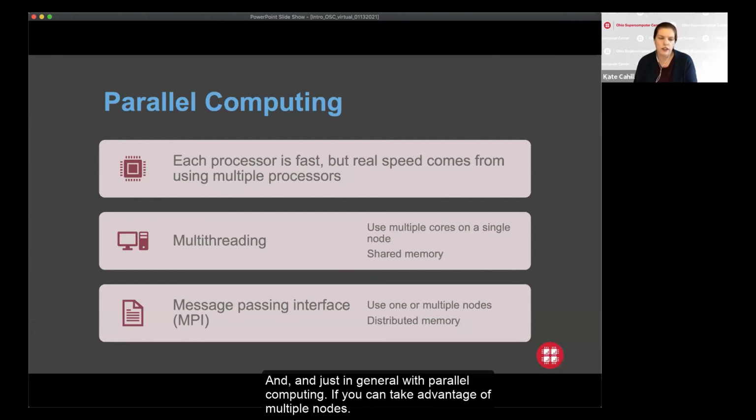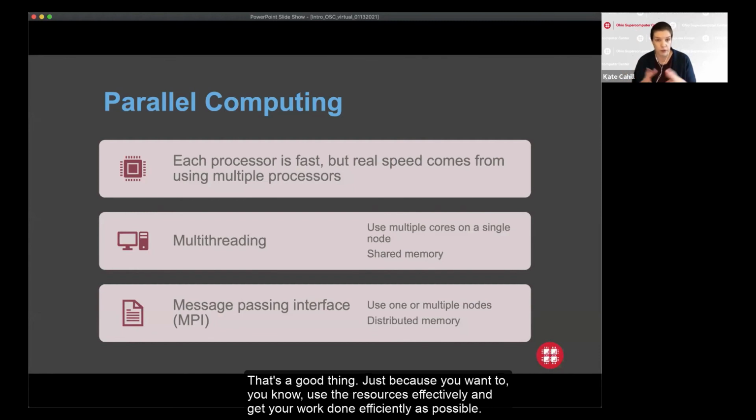Just in general, with parallel computing, if you can take advantage of multiple nodes, that's a good thing, because you want to use the resources effectively and get your work done as efficiently as possible. But it can take some time to make that actually efficient. So keep in mind that there could be other considerations beyond just asking for more cores or more nodes.